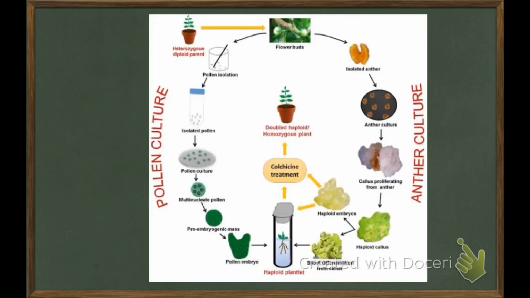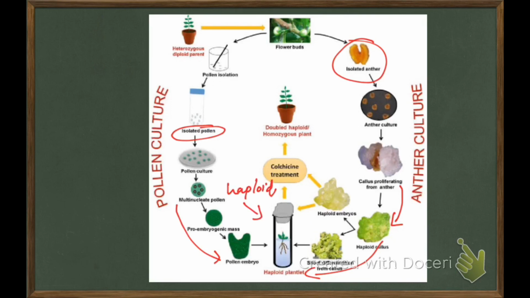If we start from anther or take pollen, then generate an embryo from that, or go for callus and generate plants from that, these plants are generally haploids. You see, by colchicine treatment we can make double haploids. Haploids are doubled to produce a plant with two sets of chromosomes. We can easily study the recessive characters by using haploids.